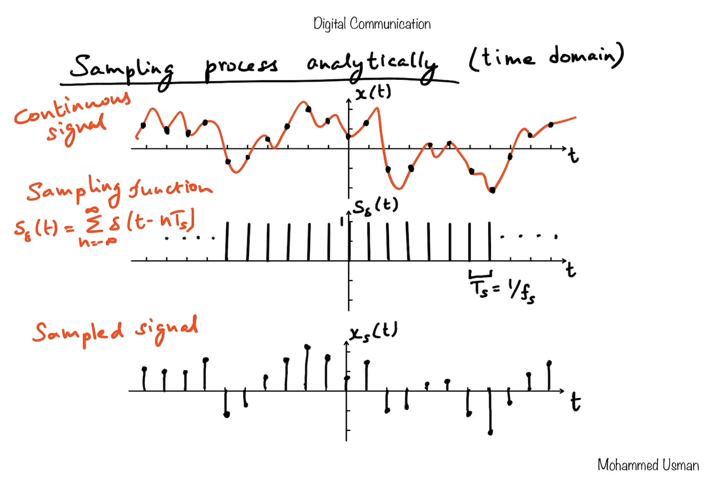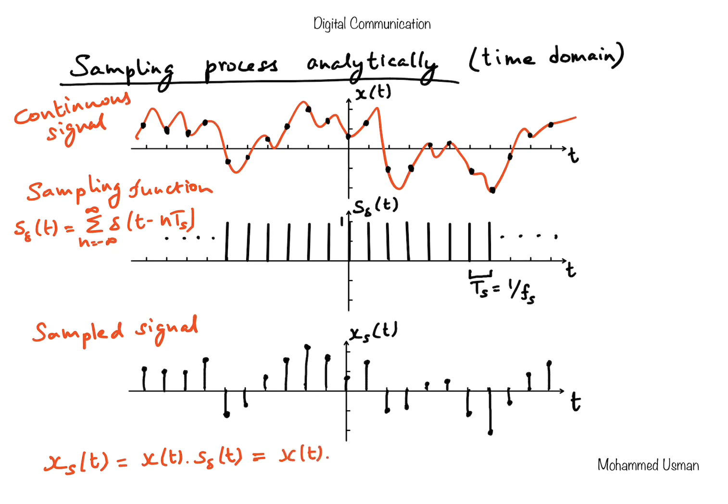So we can write that as x_s of t equal to x of t multiplied with s delta of t, which is equal to